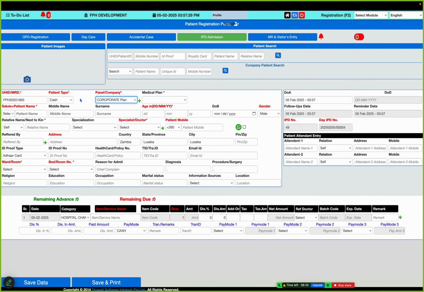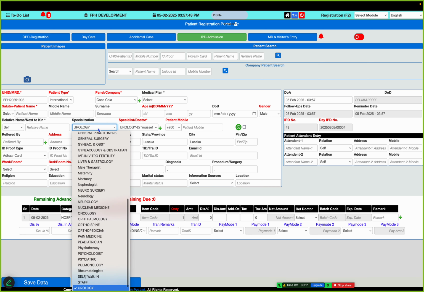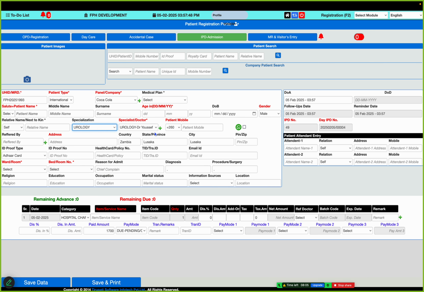If I go IPD now and select international, and here like company urology, and here we select a patient. It is not taking services. Okay, you seen? Oh, sorry, sir. There is some mistake with the entry, because we did a direct admission for the patient. So that time it is taking system consultation services, OPD to IPD conversion. Now it's not fetching here. If I make one more entry to make sure,